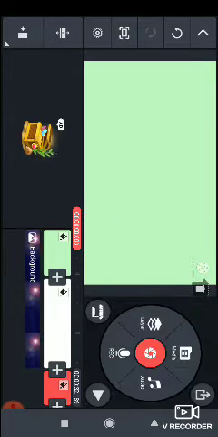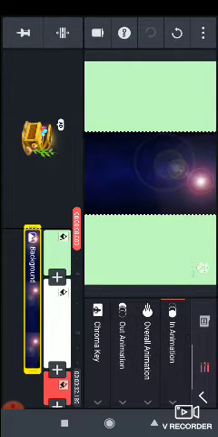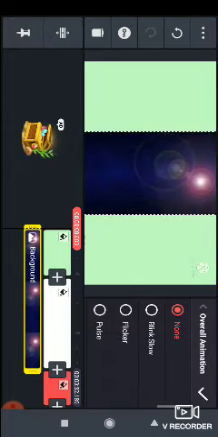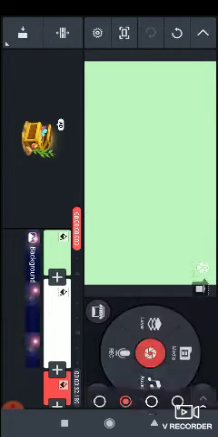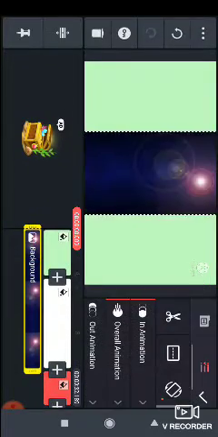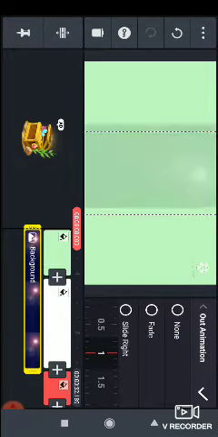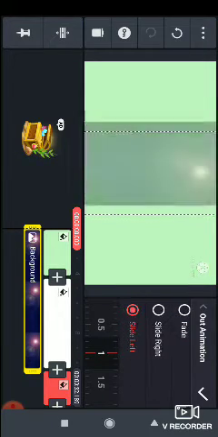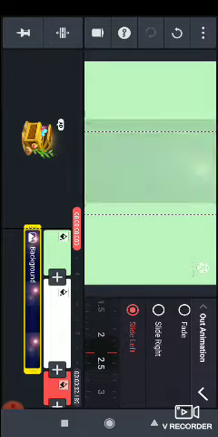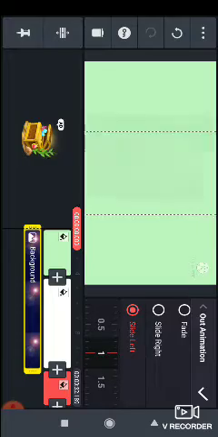In animation means how it will come, and overall animation means how it behaves throughout the video. For example, flicker, in the whole time it will flicker only. Overall means the whole time. Out animation means when it goes, how it will react. So I am taking it, and how slow or how fast we want, we can set from here, but let it be default only.